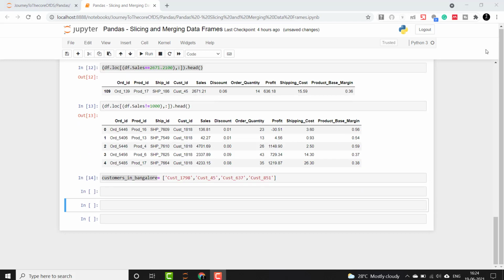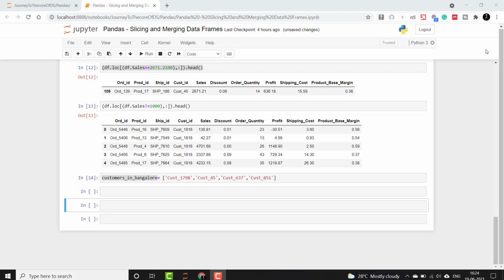Now guys, there can be instances where we want to select rows whose column value is in an iterable, let's say a list or something. In other words, we do not want to specify an or condition with lots of double equals. So we'll take an example.